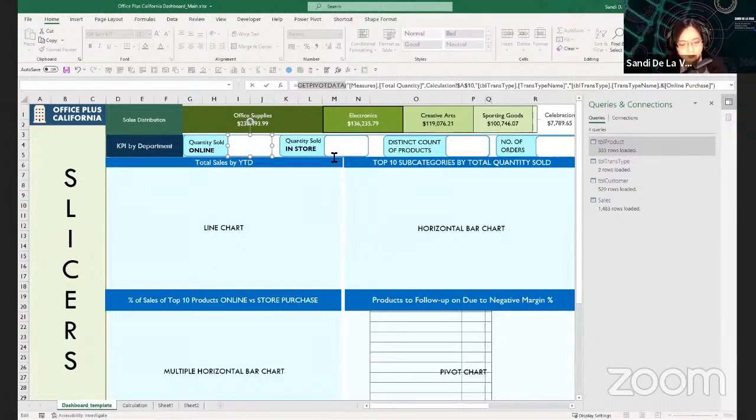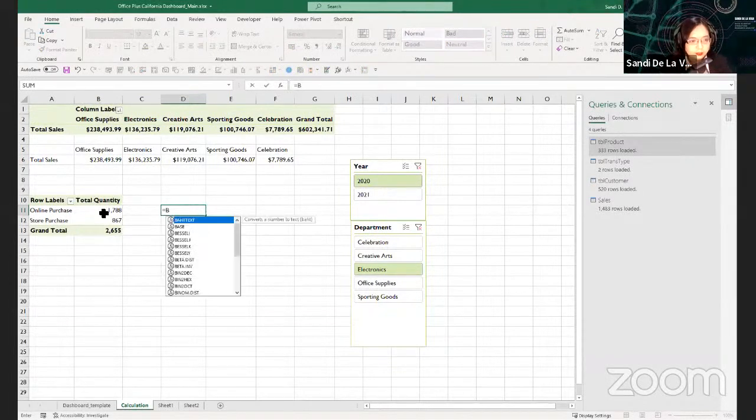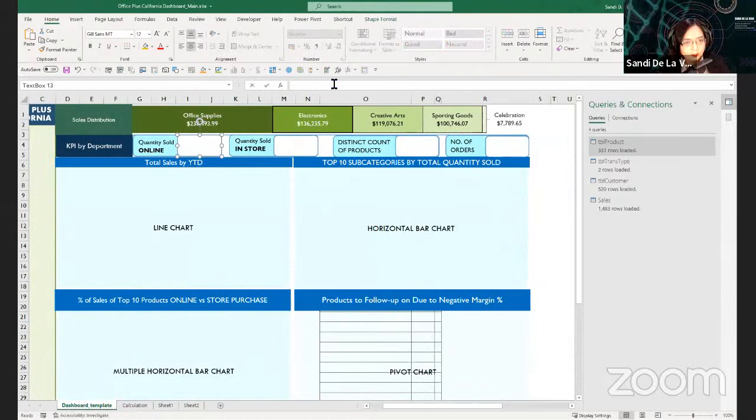So in order to circumvent that, let's use a cell to refer to this pivot table, such as equal to B11. And then use this cell reference and equate it back to the formula bar of this text box.